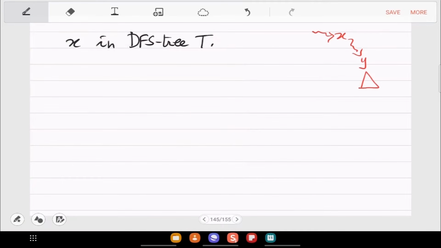that the number of X is bigger than the number of Y. What happens then? Yeah, this is a symmetric case. The first case was that the number of X is less. The second case is that the number of X is larger, but if the number of X is larger, then Y was seen first. Then Y will be an ancestor.